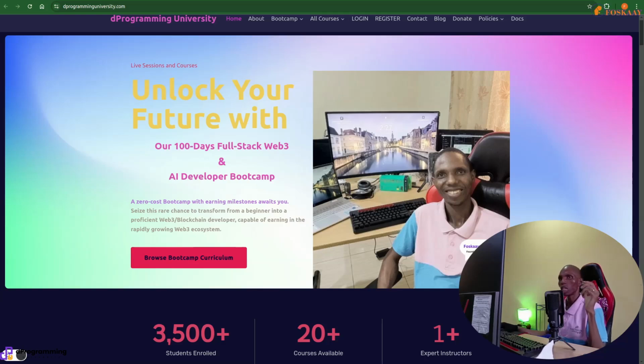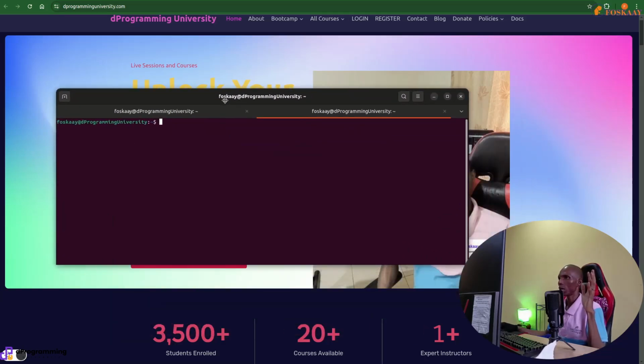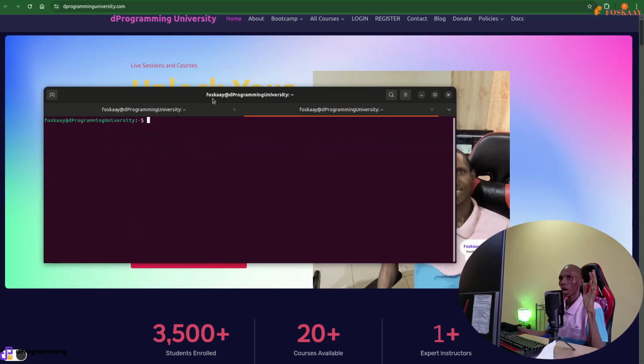Yeah, if you want to change the default Solana wallet Keypair, this is how you would do it. Open your terminal. Usually I believe you should have Solana CLI installed. If we do solana --version, then you should have this. If there's an error, then you can watch my other videos on how to install and set up